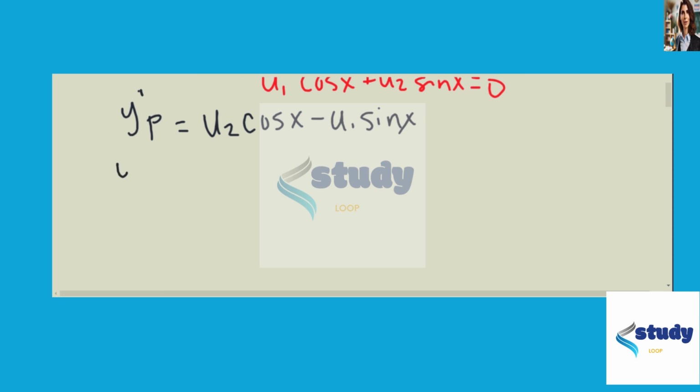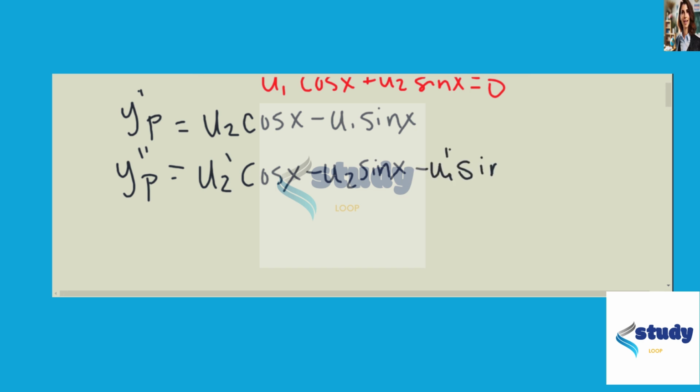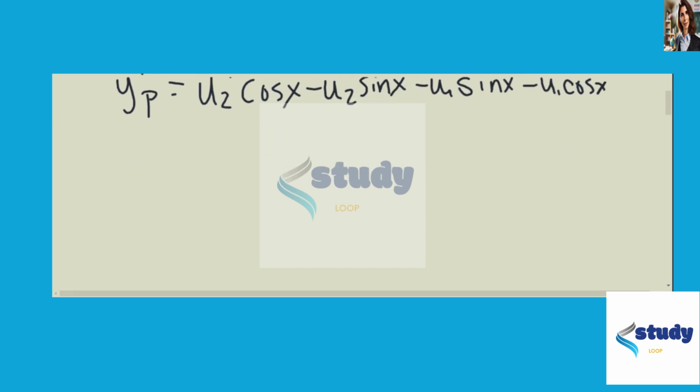So we take the derivative now: u2 prime cosine of x minus u2 sine of x minus u1 prime times sine of x minus u1 cosine of x. So if we substitute that into our equation,